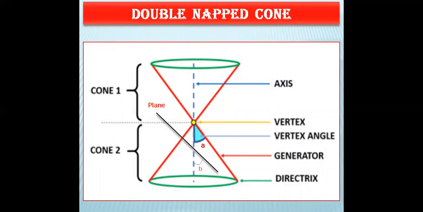First of all, what is a double napped cone? A double napped cone is made up of the combination of two cones which are joined at the vertex. These two cones have the common vertex, and the line which is perpendicular to the base is called the axis of the double napped cone. The common point is called the vertex, and the vertex angle A is called the vertex angle. The red line is called the generator,